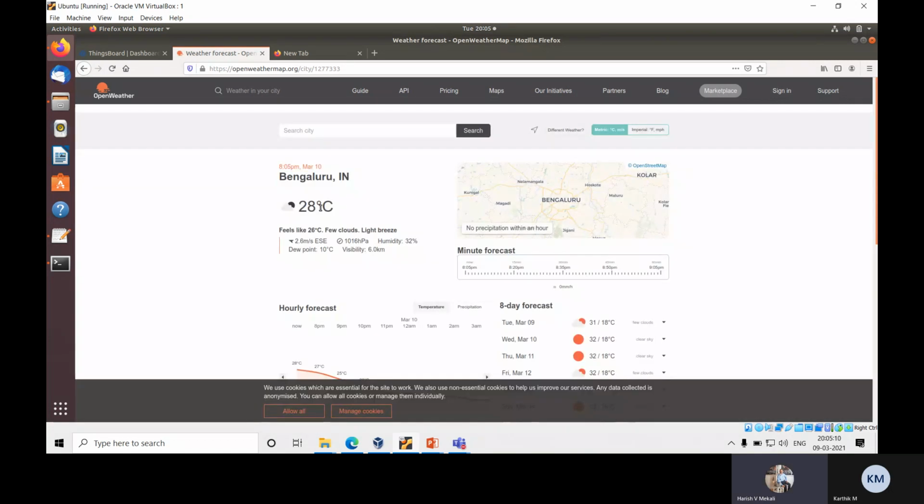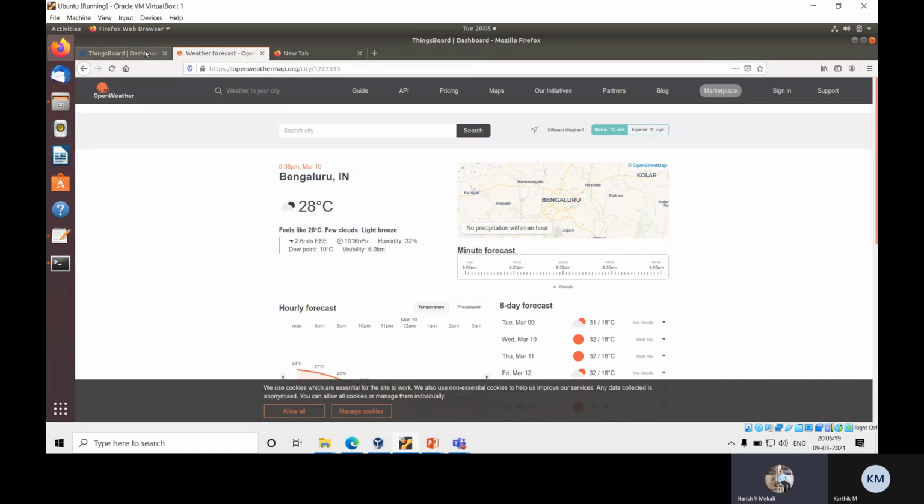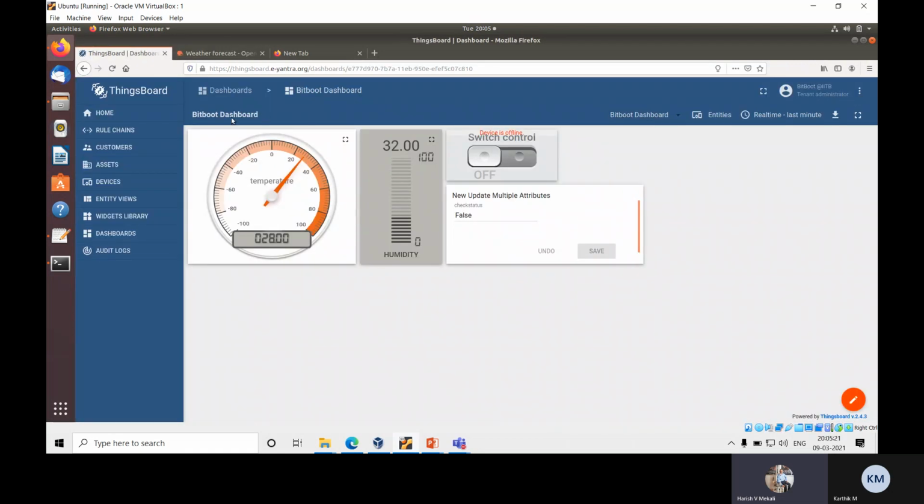Right now the temperature is 28 degrees Celsius and the humidity is 32%. That's what is shown on our website also. So we got the data from the OpenWeather API and then we pushed that to thingsboard. Okay, this is one demonstration. We'll quickly change this